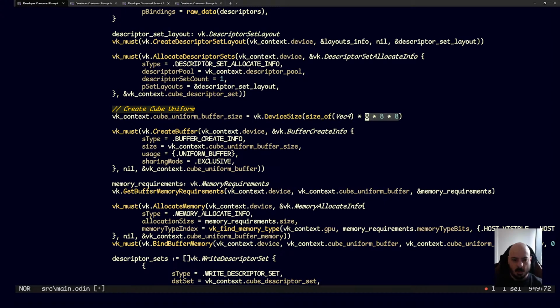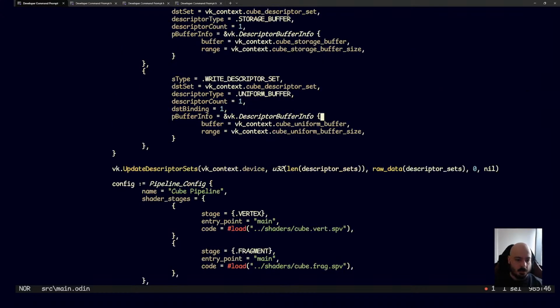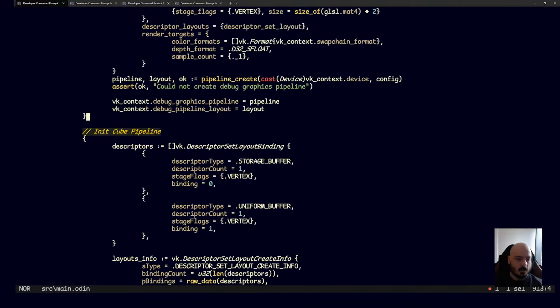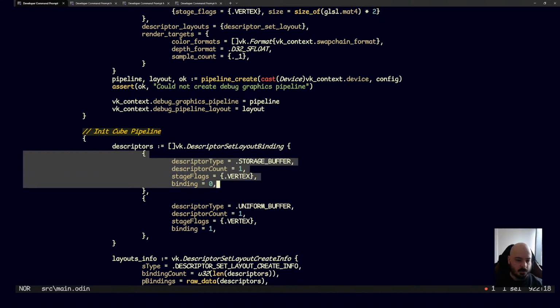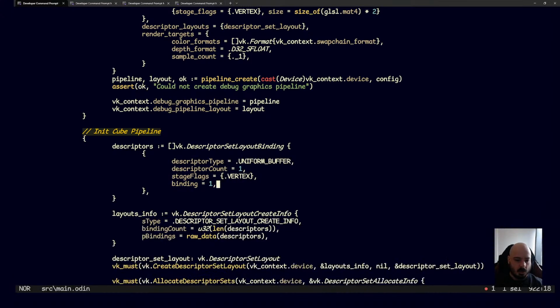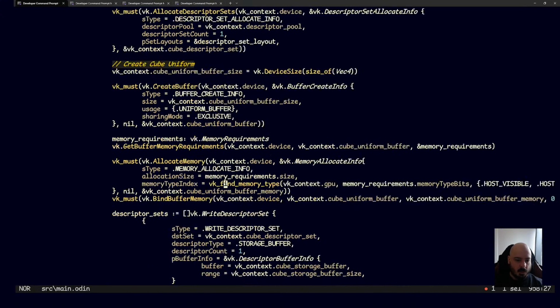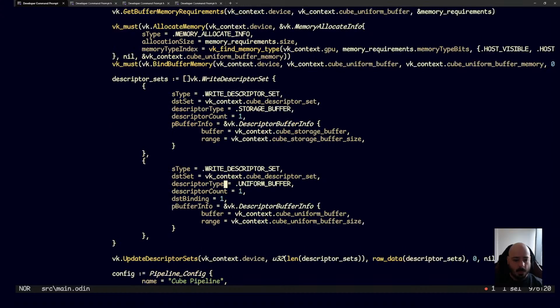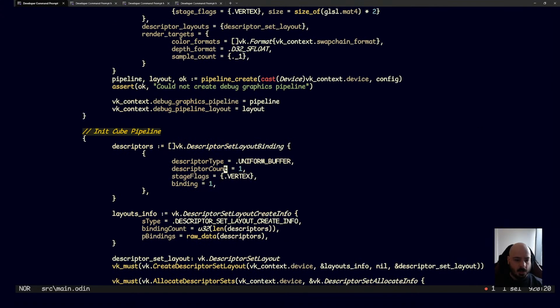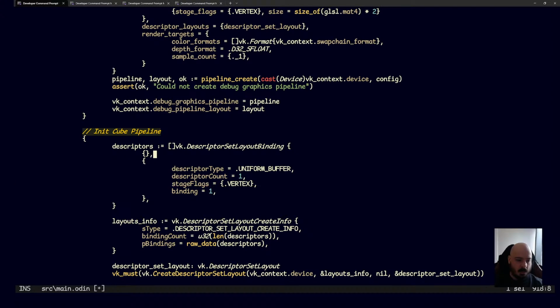That's the amount of chunks we're loading. We're just loading one chunk, so I'm going to leave it as a single vec4, which is just going to be zeros anyway, so it doesn't really matter. All right. So we don't need the storage buffer anymore. Uniform buffer can stay on binding 1, I guess. That doesn't really matter. But we are going to need something else, which is going to be